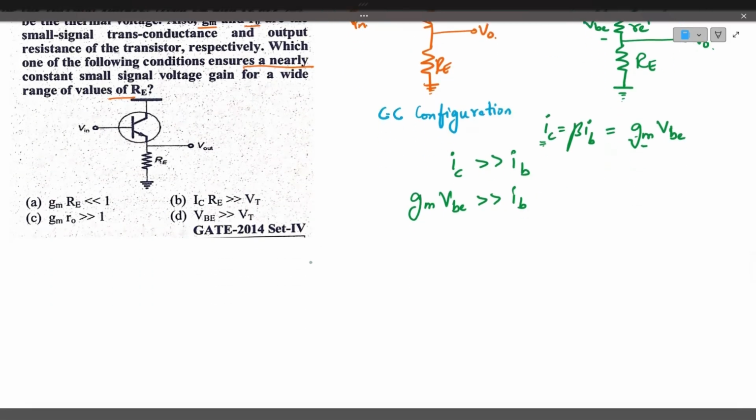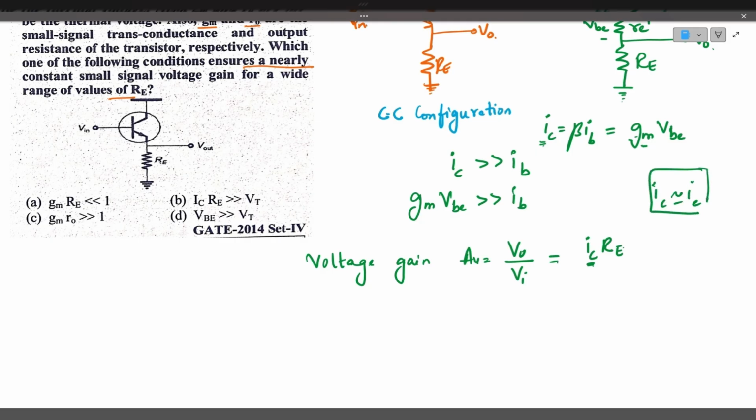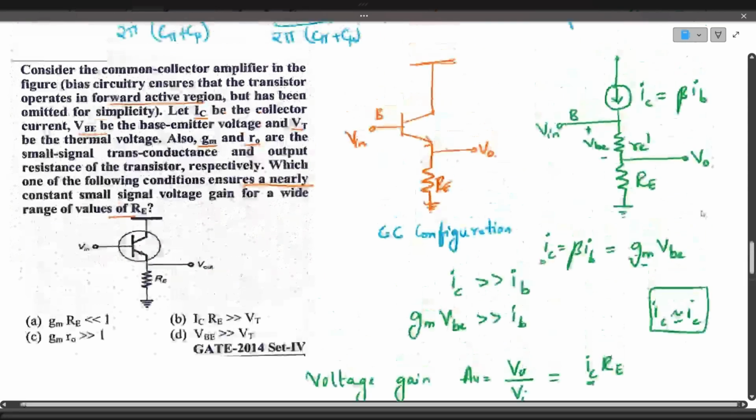So now voltage gain, if you see, the voltage gain AV is equals to output voltage divided by input voltage, which can also be written as output voltage is nothing but output current multiplied by output resistance, that is RE. Here the collector current and emitter current both are same. So I am writing IC is approximately equal to IE. So I am writing IC into RE. The output voltage is collected across the emitter resistance